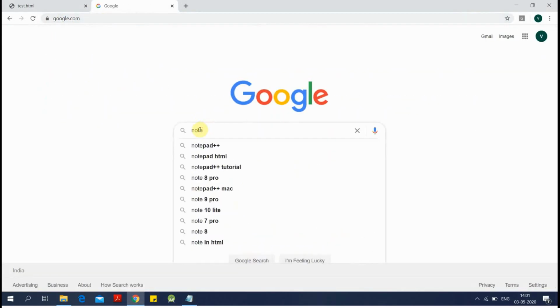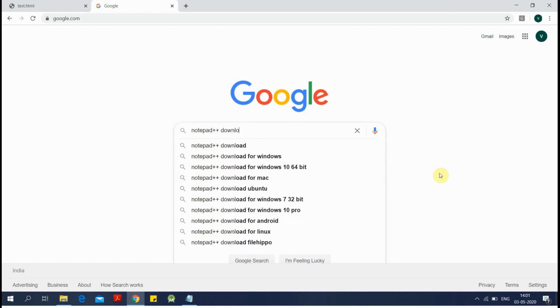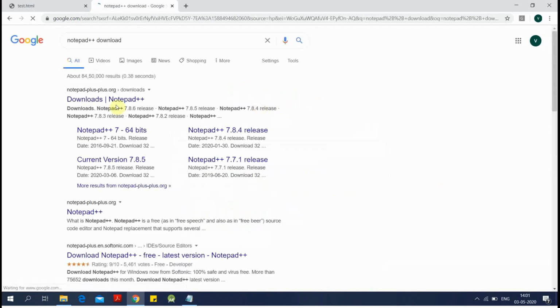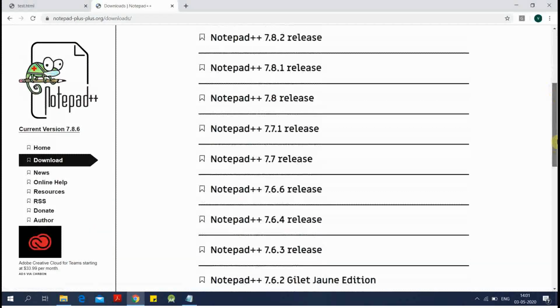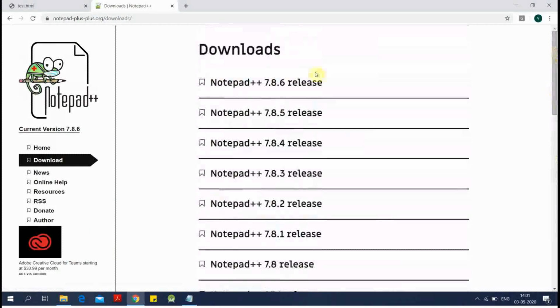In Google, you can write Notepad++ download. There is a link, download Notepad++. You can click that. There is a download.